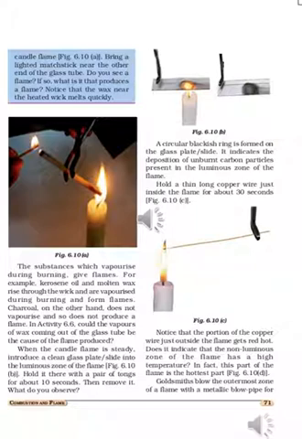Second one is the middle zone, which is yellowish in color, and it is the biggest zone of the candle flame. This zone does not get enough supply of oxygen, and hence it undergoes incomplete or partial combustion, due to which the particles burn with a yellow flame. The heat energy produced in this zone is less as compared to the outermost zone.